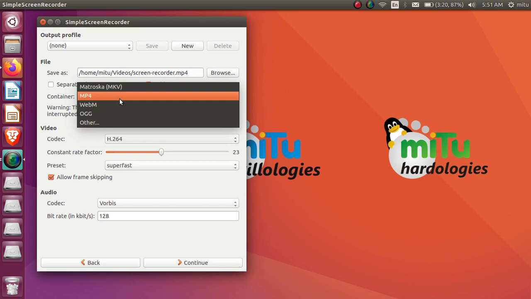So which kind of file do you need to create from there? There are 4 options present. The first is mkv. You remember the first 3 options shown over here are very regularly used in the world of video recording and in the world of videos basically. mkv, the Matroska, is one of the famous extensions used there. So your file will be created with the extension mkv.